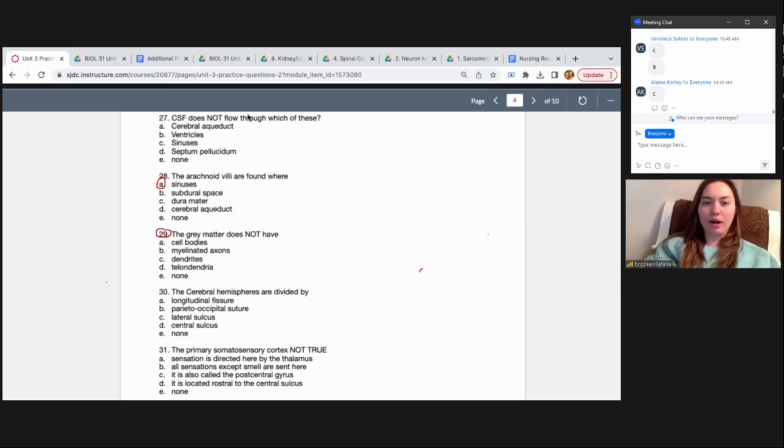Okay, question 29. The gray matter. What does the gray matter not have? Good. Because we know white matter is myelinated axons, so gray matter does not have myelinated axons. White matter has myelinated axons, so gray matter does not have myelinated axons. Good. Question 30. The cerebral hemispheres are divided by